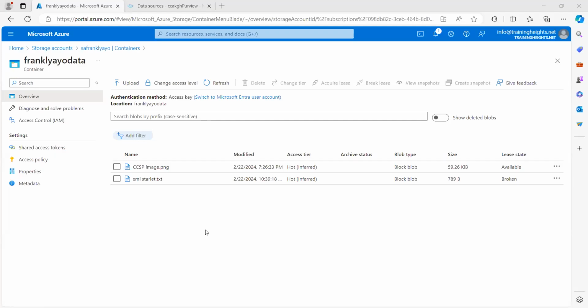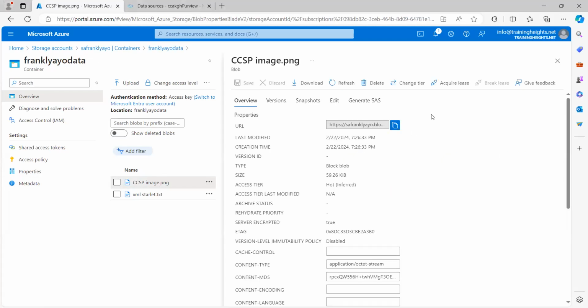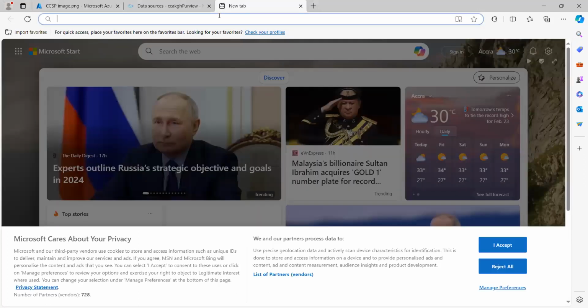We are still working on the same storage account that we were working on previously. You can see I have a container, and the name of the container is frankly your data. Inside that container, I have two blobs, an image file and a text file. If I try to view what I have here, let's say I click on this, and I have a URL here. I copy it, I go to my browser, I try to view